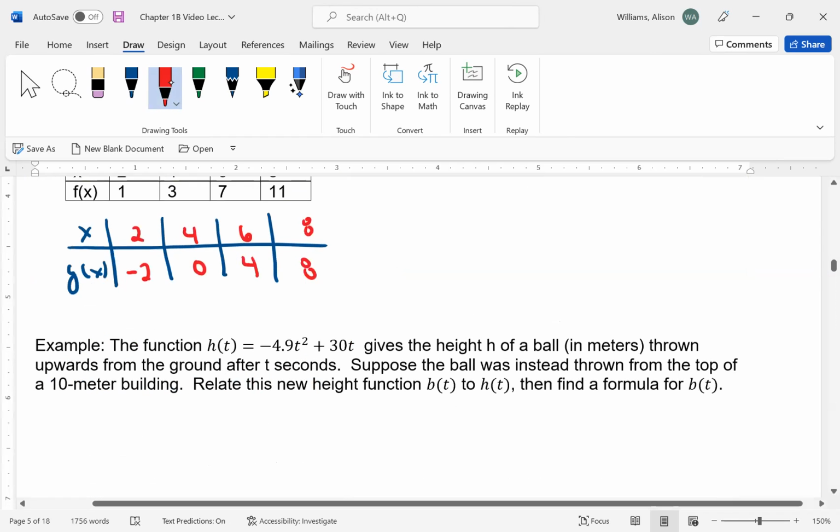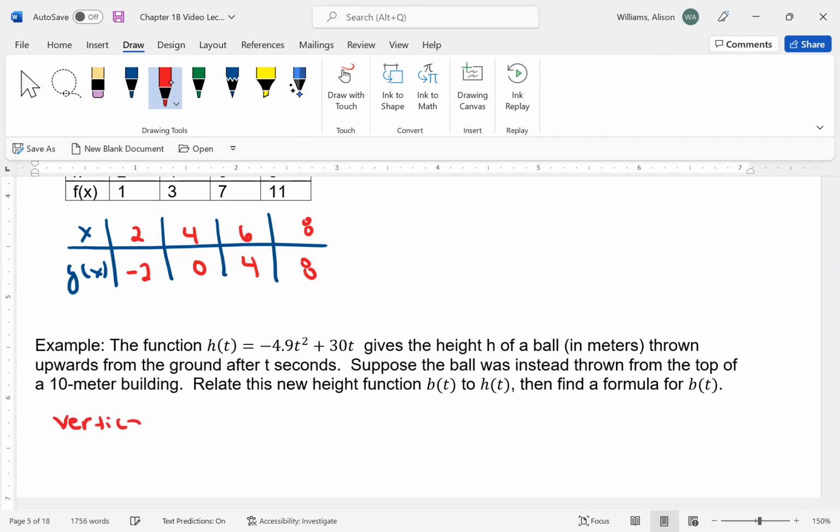This example looks at an equation. This equation maps the height of a ball, and specifically, this is a ball that's thrown on the ground. So somebody throws this ball from the ground, and this is going to predict the height of that ball. But if the ball was instead thrown from the top of a 10-meter building, that is a vertical shift. We are increasing the height up to 10 meters,